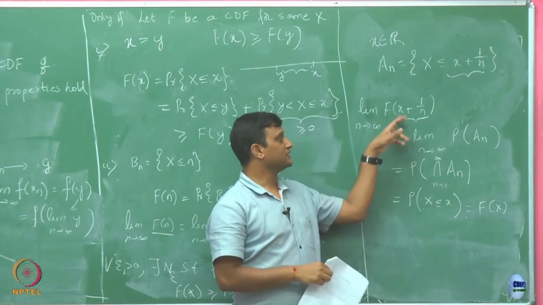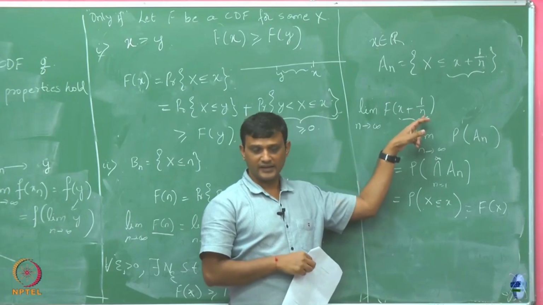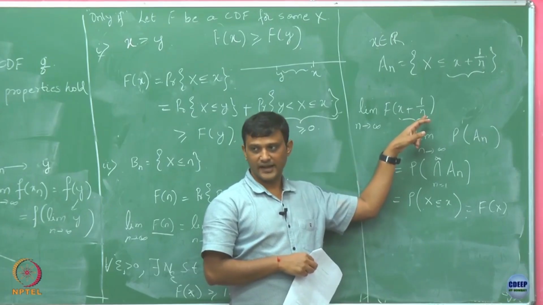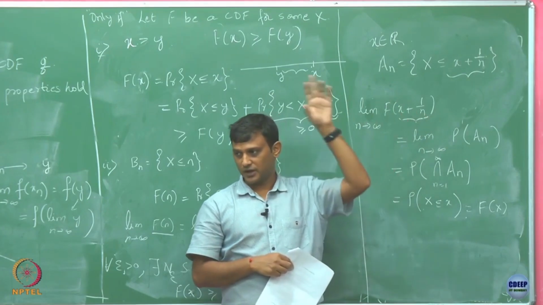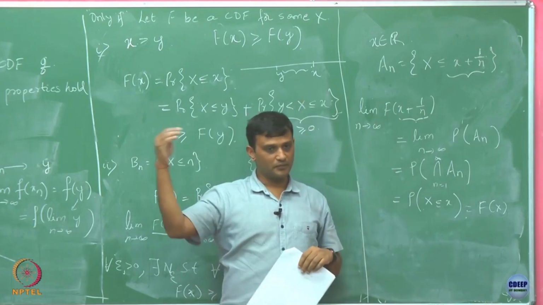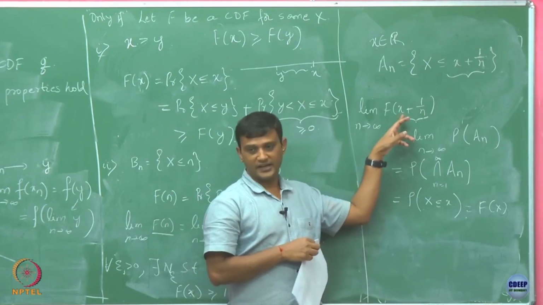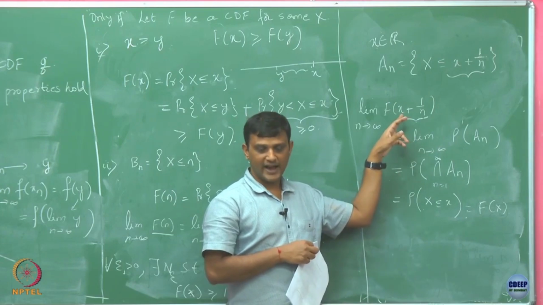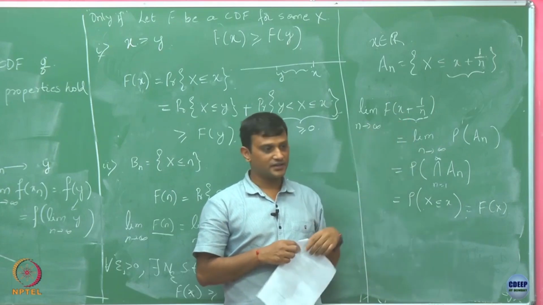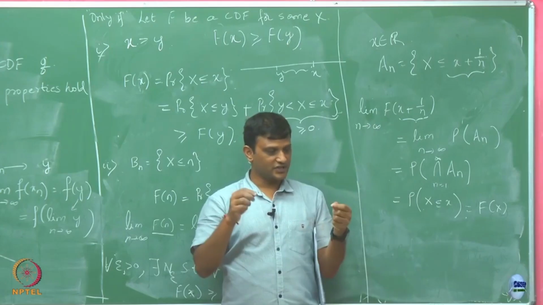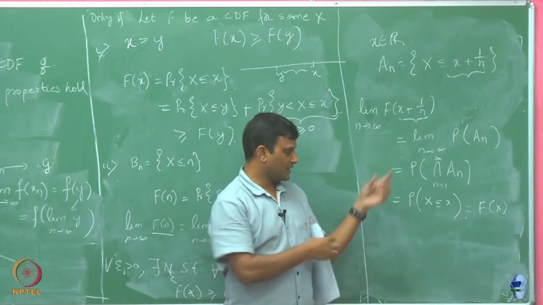As n goes from 1, 2, 3, 4 up to infinity, this is approaching the quantity x from the right. So I have constructed a sequence which is approaching x from the right, and for that we have shown that